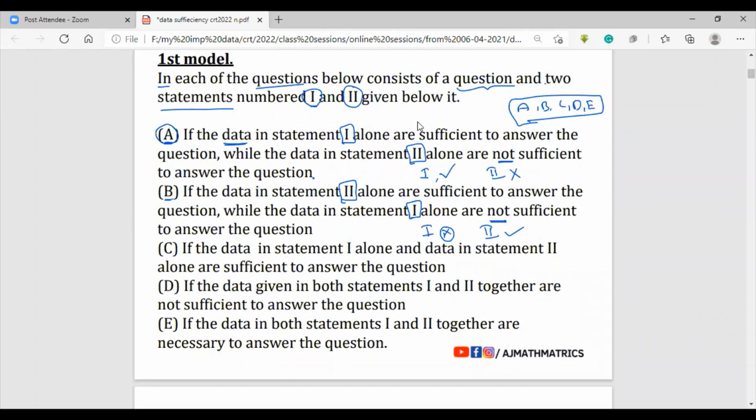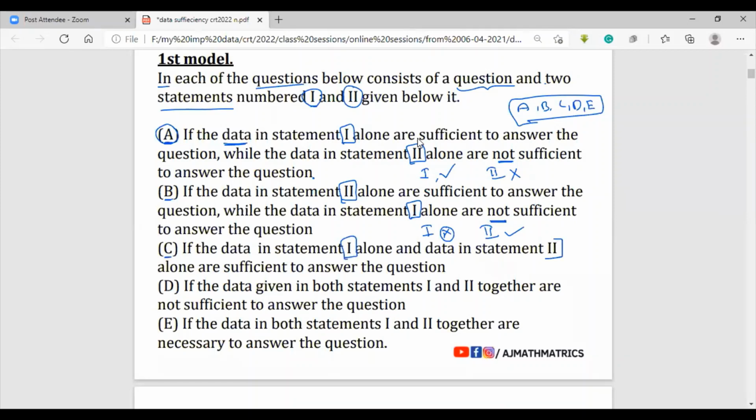So after checking both statements, only then you have to decide, because there is a definite confusion you will get when you're solving the question. So be clear. Don't decide your option by checking only one statement. You have to decide your option by checking two statements. Okay. Now, if option C is your answer, it means the data in statement 1 alone is sufficient,